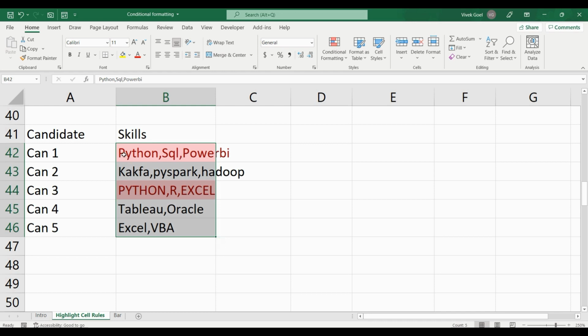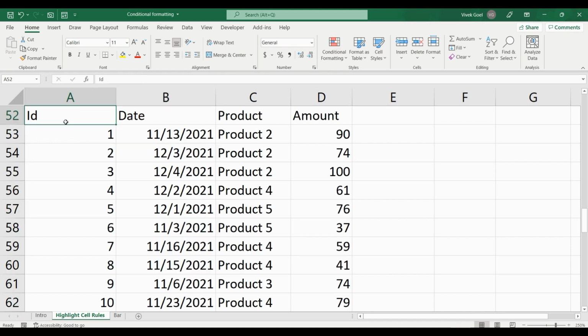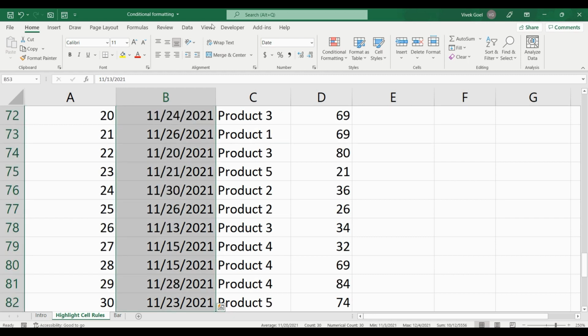The important thing to note here is that the match is not case sensitive, which is why both matches were returned. Let's look at another sales dataset from a small company where we want to highlight the sales that happened for the particular day. Yes, we can also perform conditional formatting on the basis of dates.